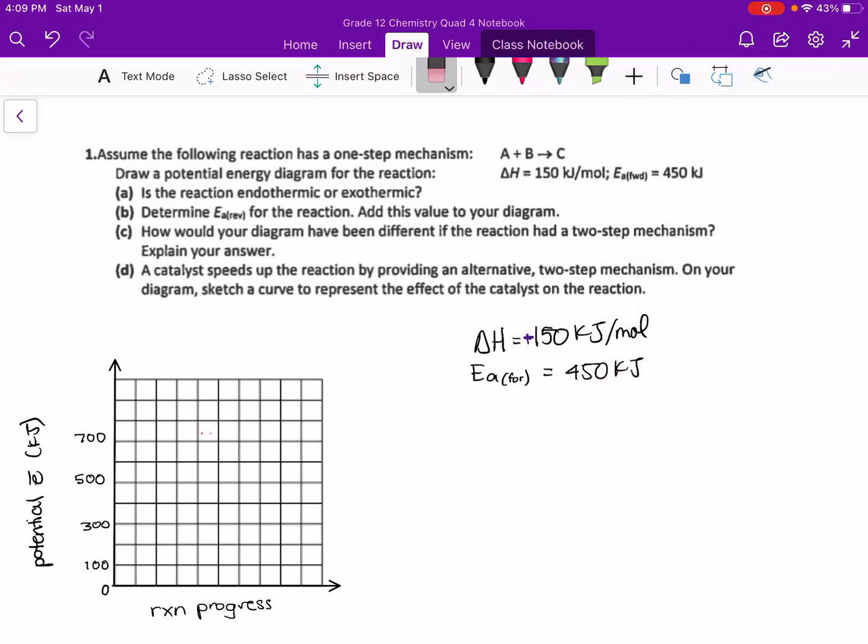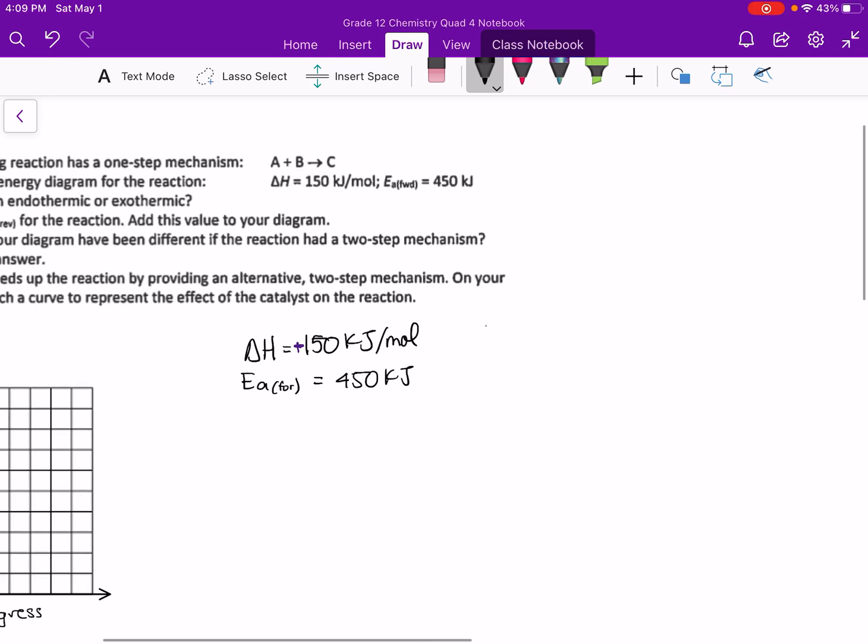In this reaction, I have a one-step mechanism. A plus B gives me C. My delta H value is positive 150 kilojoules per mole, and my activation energy forward is 450 kilojoules. Since my delta H is positive 150 kilojoules, and delta H is equal to my products minus my reactants,